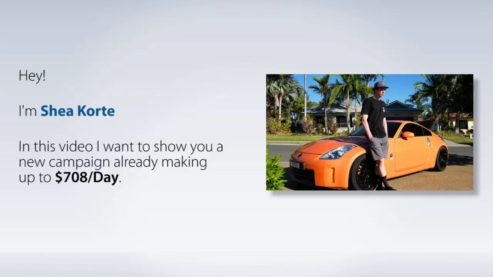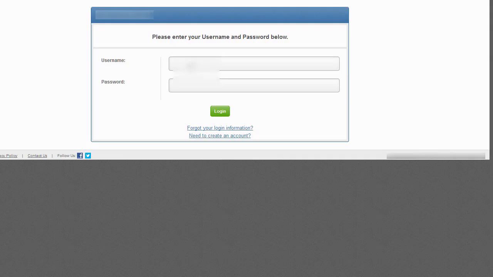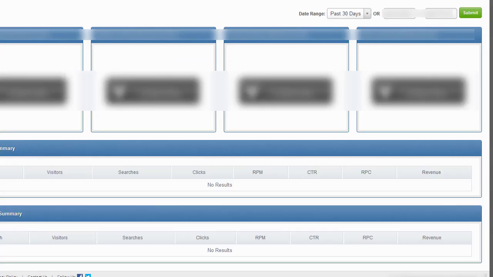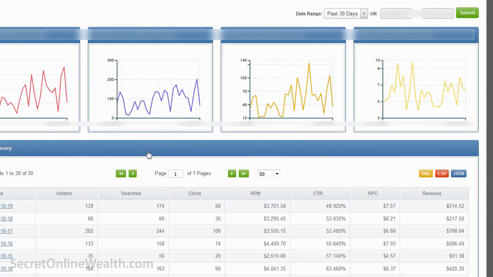It's doing really well. I'm really happy with it, and I'm already showing these methods to my students. I just wanted to show you the earnings this has been able to make in a fairly short time. So I'm going to log into the network I started using for this campaign. I do work with about three other networks, but the earnings on this one are pretty awesome already, so I wanted to show you this one.